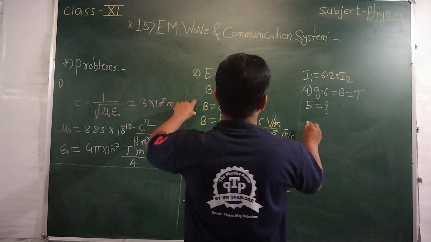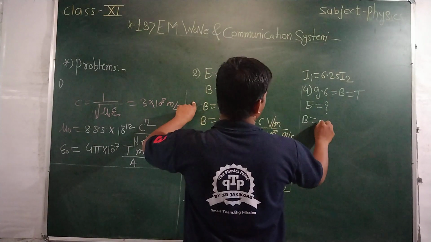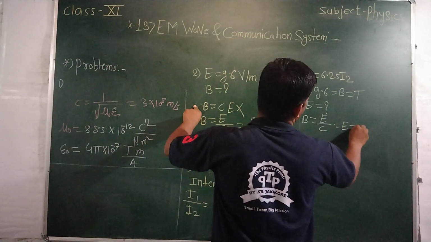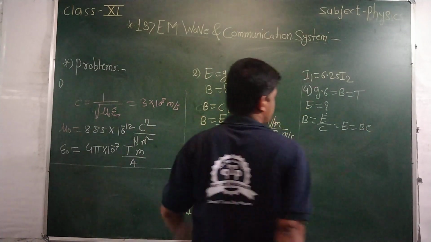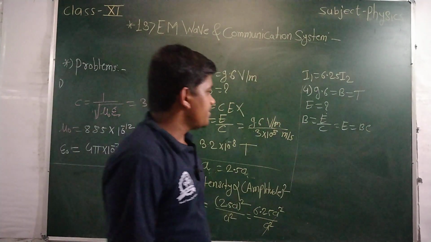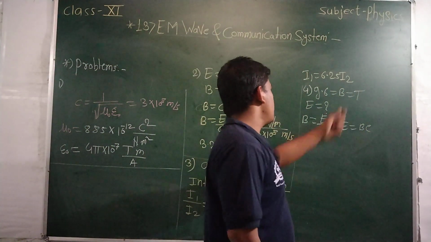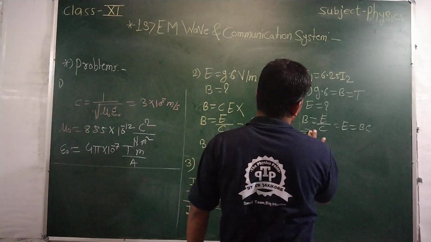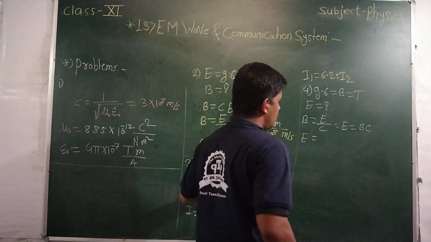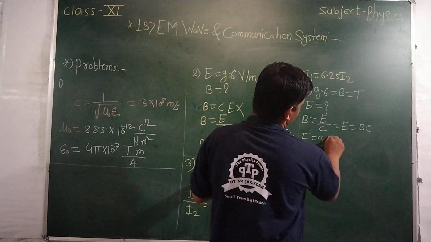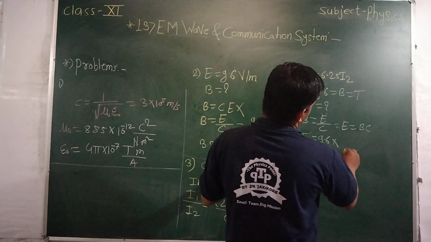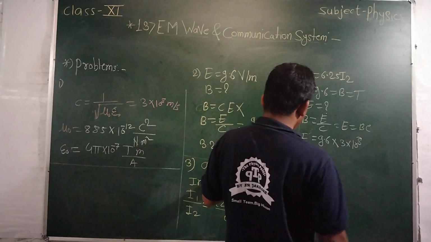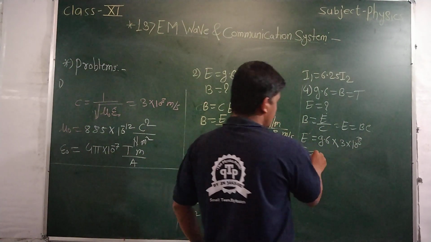Then I will use the same equations. B is equal to E divided by C, then E is equal to B into C, that is BC. Now find the electric field. E is equal to the magnitude, we don't write any arrow when we are finding the magnitude, into 3 into 10 raised to 8. Then the electric field is equal to